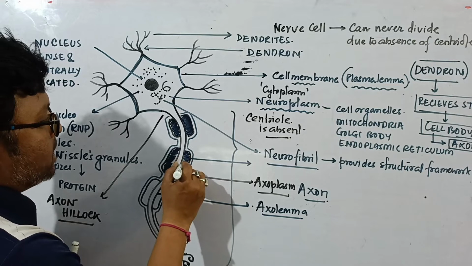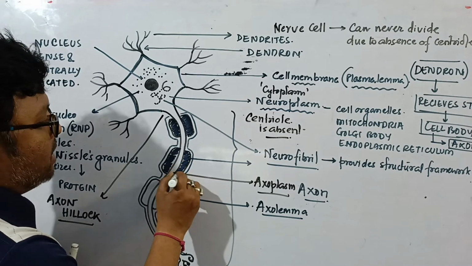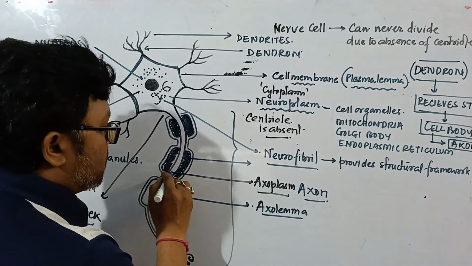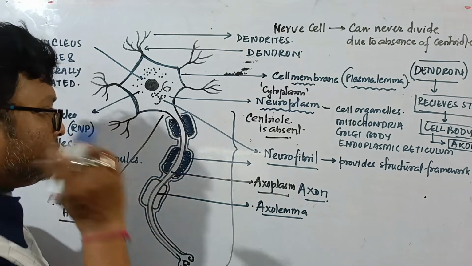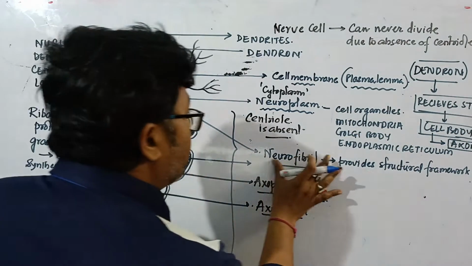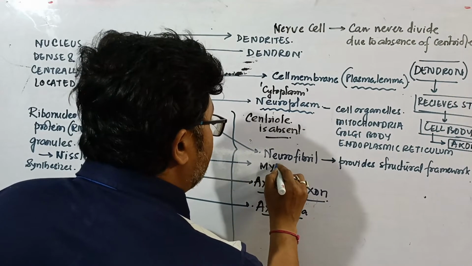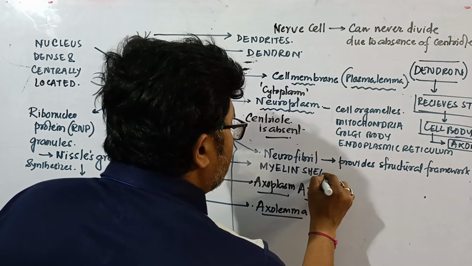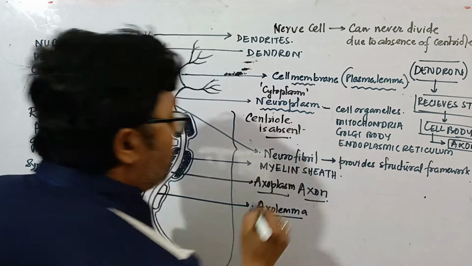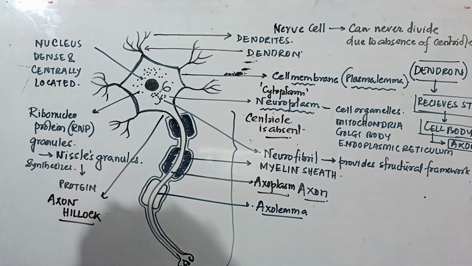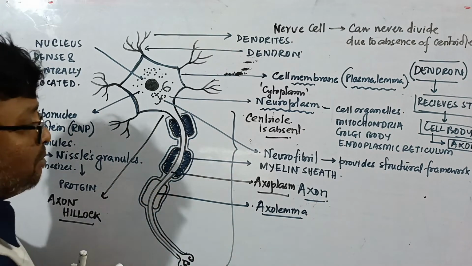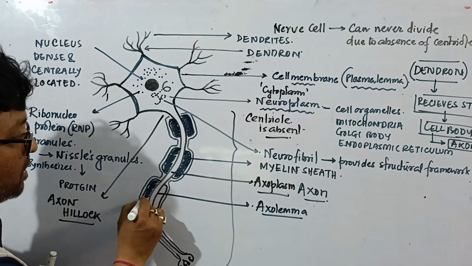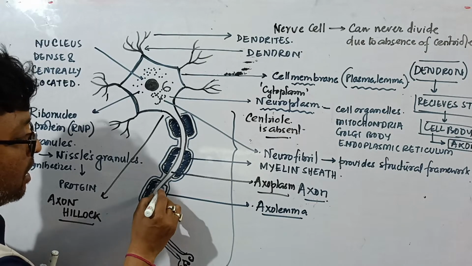which gets deposited just outside the axolemma, okay. This layer of fat is generally called the myelin sheath. What is this layer of fat generally called? It is called the myelin sheath. Now outside the myelin sheath, basically outside the myelin sheath you will find another membrane